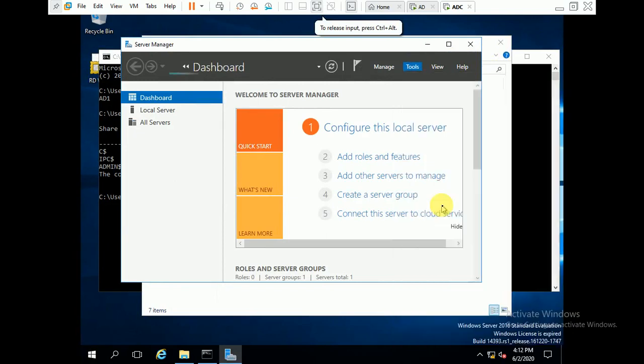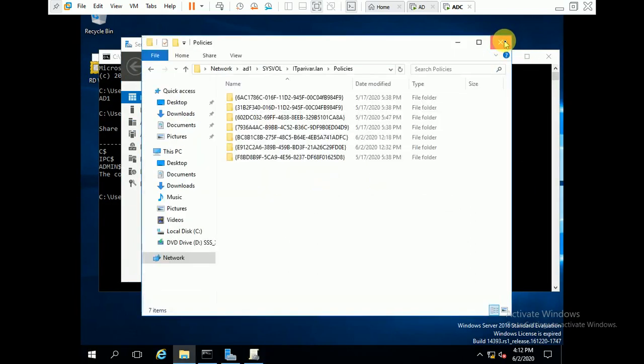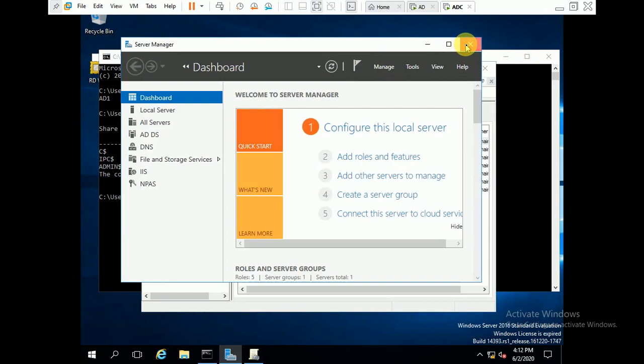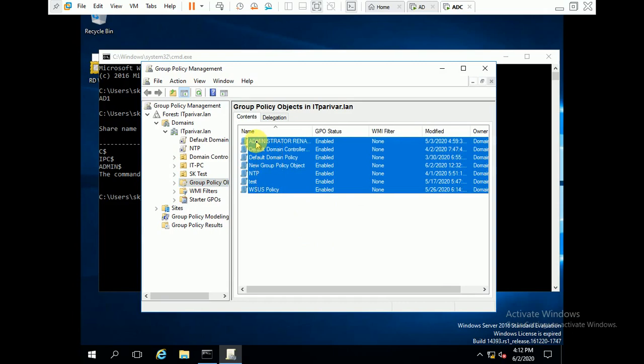Group Policy Management. You can open it by running the command gpmc.msc. As we have recovered the netlogon and sysvol folders, now I am trying to provide you more information about which type of objects or policies are available in the sysvol folder. You can see there are 1, 2, 3, 4, 5, 6, 7 policies showing here in Group Policy Objects, and the same things